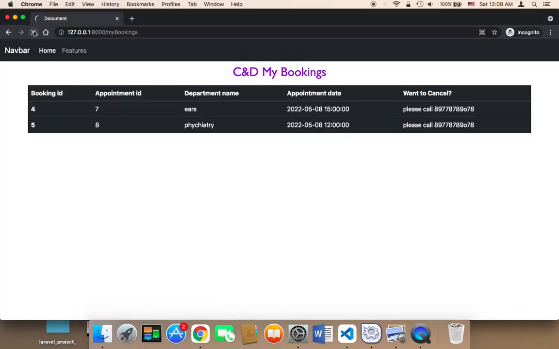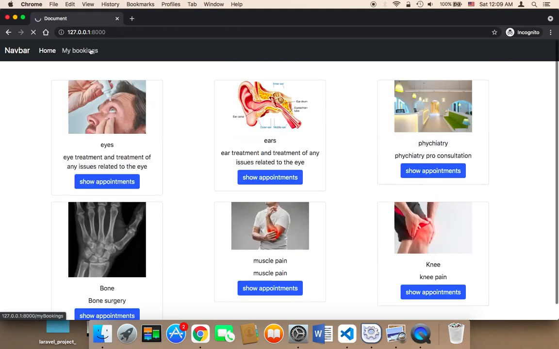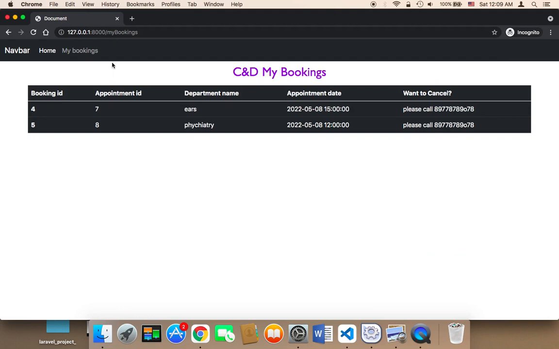So in the browser, let me refresh. And if I click here on my bookings, it's going to take me to my bookings. If I go to the home page, and if I click on my bookings, it's going to take me to my bookings. And if I log out, guess what? If I go to dashboard,